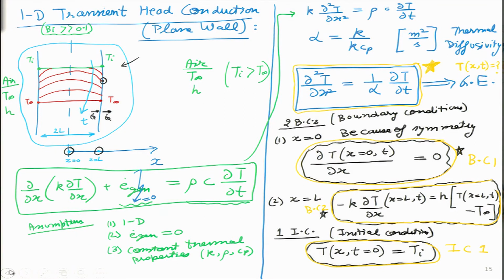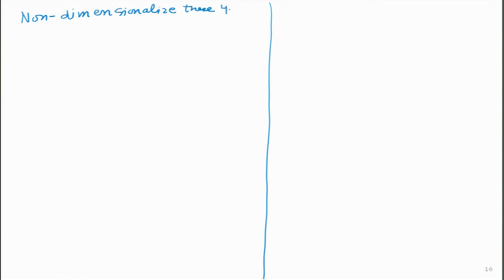Now in order to solve this particular equation, if you go back over here, this is a very complicated equation. In order to solve it, we will not be able to solve it fully, because it requires some advanced level mathematics, which is beyond the scope of this particular course. What I am going to do is I am just going to show the procedure in which it will be solved. So first step involved in this particular thing is that we will non-dimensionalize this equation. So we have written 4 equations. So let us go ahead and non-dimensionalize these 4 equations.